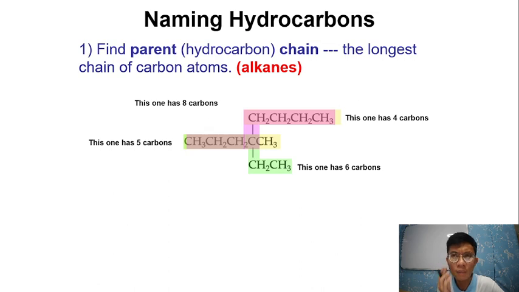Sa paghahanap ng parent chain, medyo error siya, hindi nyo makikita yung longest at first glance. Tingnan nyo kung alin yung pinakamahaba. Dito nakalagay yung alkane. Kasi, di ba, yung hydrocarbons natin, yung mga alkanes, alkenes, alkynes, and aromatics. May rule din kasi doon sa alkanes na ganun din,